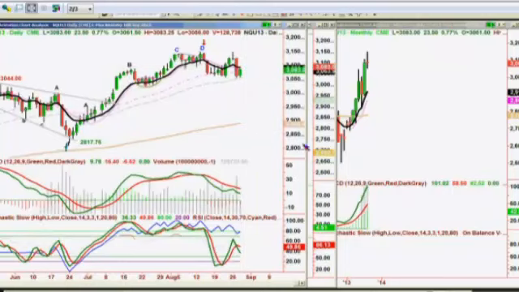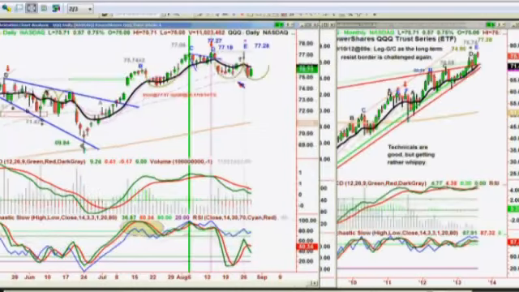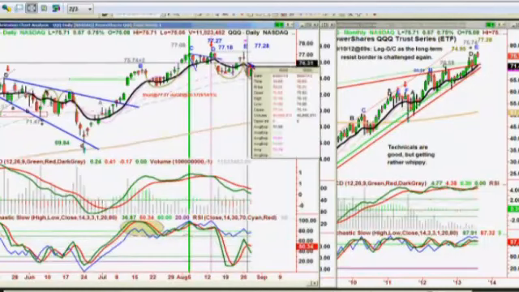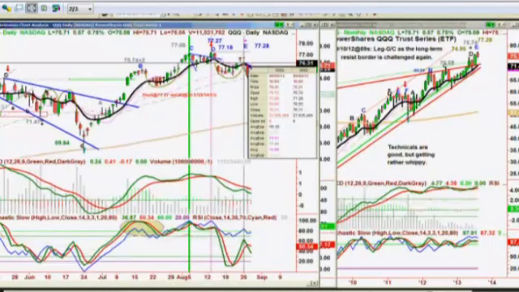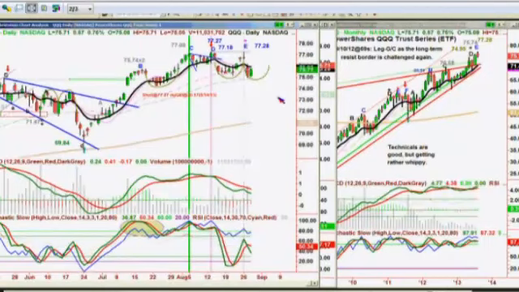But number two, when I look at the QQQ, this is a pattern that I'm quite familiar with, this double cup formation. It's a failure pattern. It doesn't say you can't rally, but it's going to say at some point the Qs between the gap, if it even gets to the gap of 76.18, between 76.18 and 76.55, it should fail and start to come down. That's the way I'm looking at it.